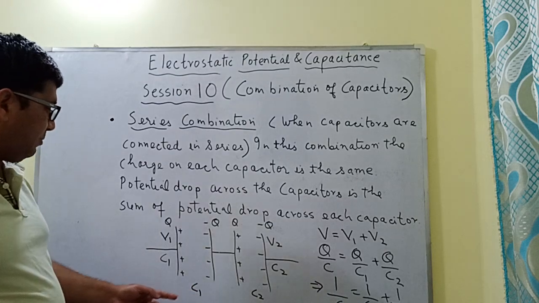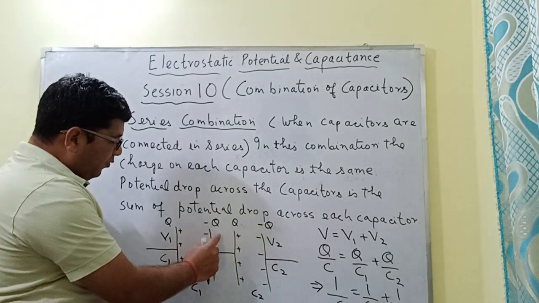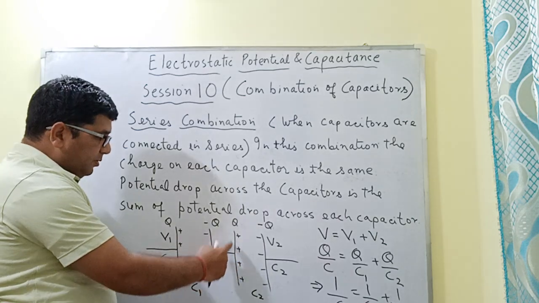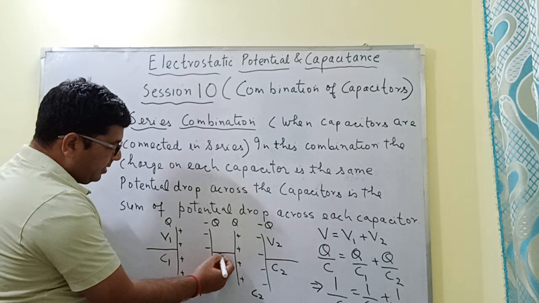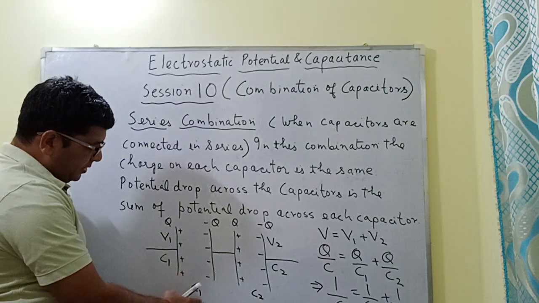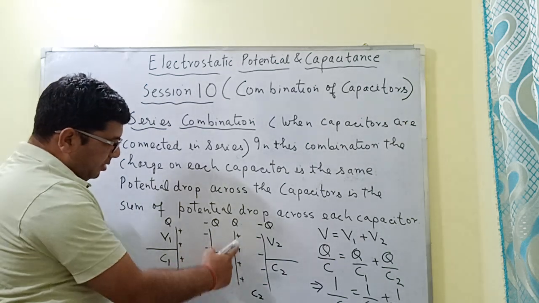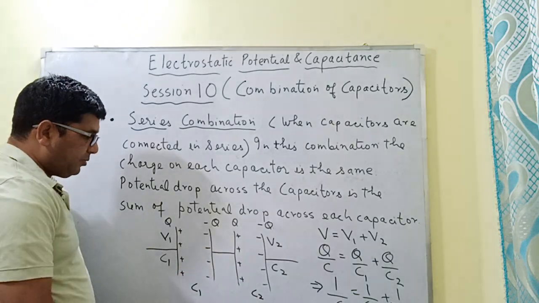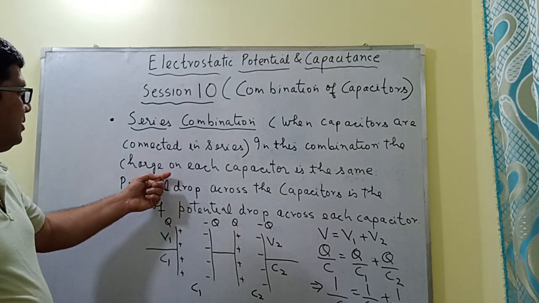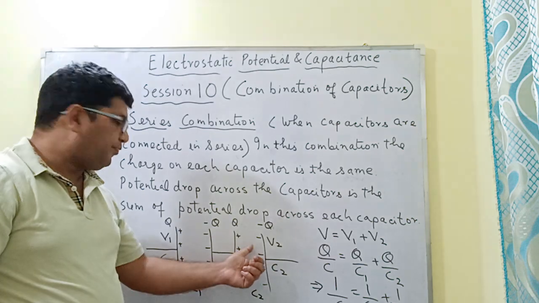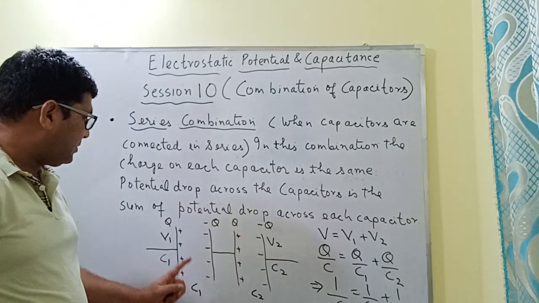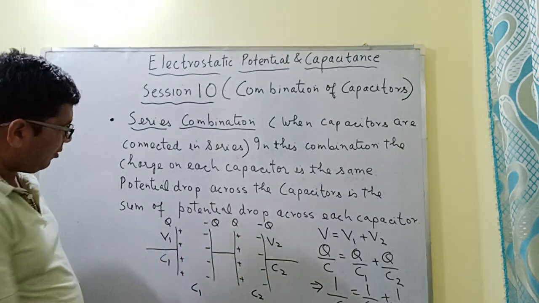Now in the series combination में क्या होता है कि one terminal of one capacitor is connected to one of the terminals of the other capacitor. ठीक है, ये इस प्रकार से हमने यहाँ पे मैंने शो किया हुआ है. So this terminal of the capacitor C1 is connected to this terminal of the capacitor C2. तो ये दोनों connected है. This is the series combination है. Series combination में क्या होता है कि the charge on each of the capacitors is the same. ठीक है, and the potential drop across the capacitors is given by the sum of the potential drop across each